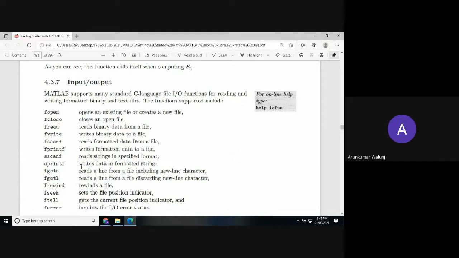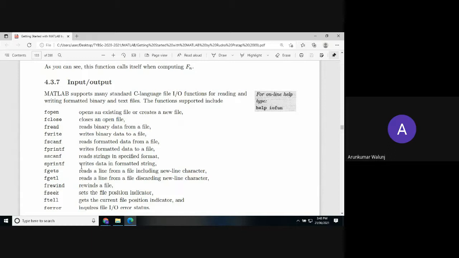So these are some recursion facilities. Here we have finished all the features, advanced, basic, and more advanced, and the special features in your MATLAB.